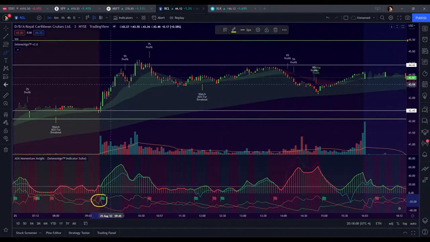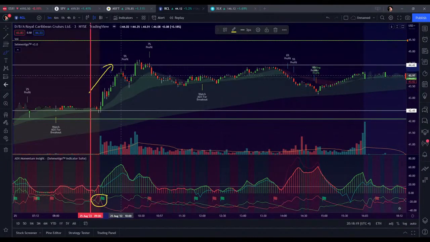So while it's normally omnidirectional, it doesn't actually tell you direction. In this particular case, it does. So think of it this way: the higher your ADX line gets, the stronger the trend strength is getting, and also the higher your volatility typically gets as well. So as a rule of thumb, and it depends on which setting you set it on,